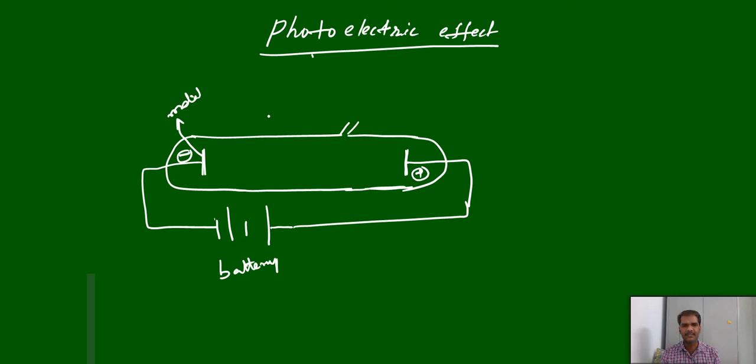If we make this metal incident with some suitable light radiation or photon of suitable energy, then electrons can eject from this metal surface. And this phenomenon we can call photoelectric effect. The ejected electrons can move towards here. This is a cathodic plate and this is an anodic plate. Towards the anode, we can convert the photoelectrons into current. We can store these electrons as a current in the battery. So the current generated by these electrons we can call photocurrent.